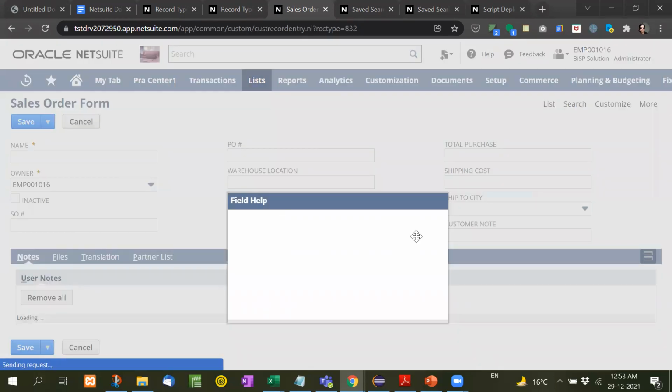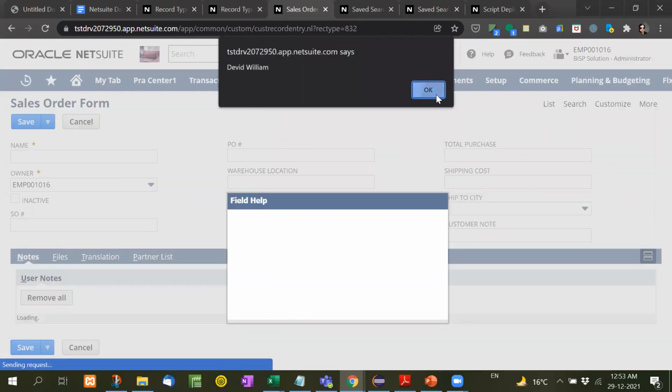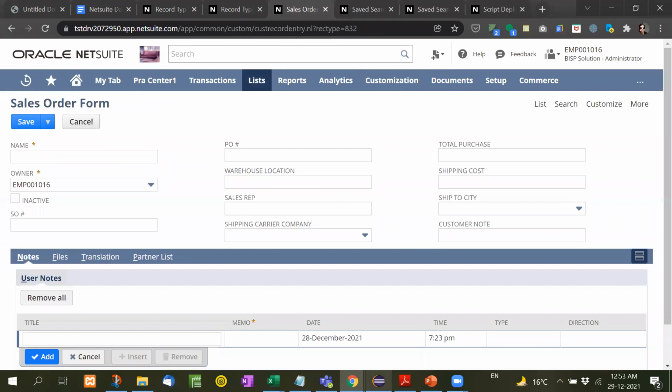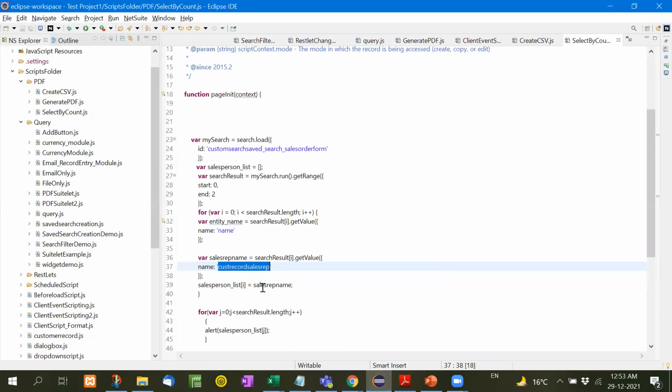If you click on this, here is the ID, customer record sales rep, right? Now we have inserted it into the array like this, and then I have alerted it. We can use it in any function or any type of work, but right now I have alerted this data.